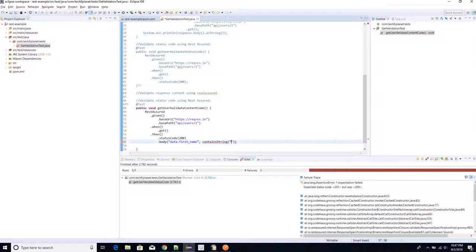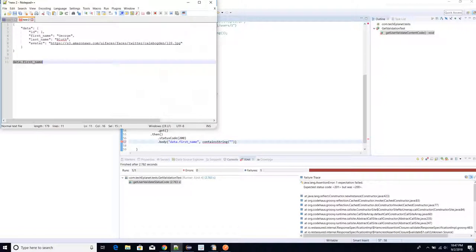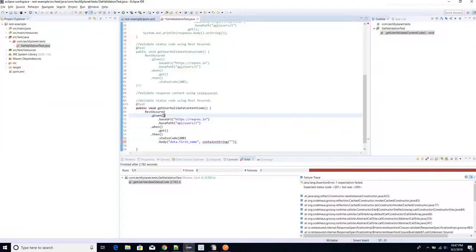You have these as part of the libraries which we have included, so don't worry about that. This will be imported. Contains string. What was the first name again? Let's check it. George. Okay,